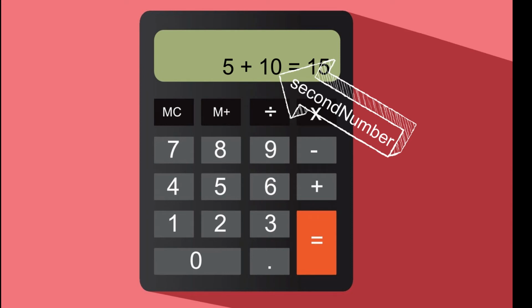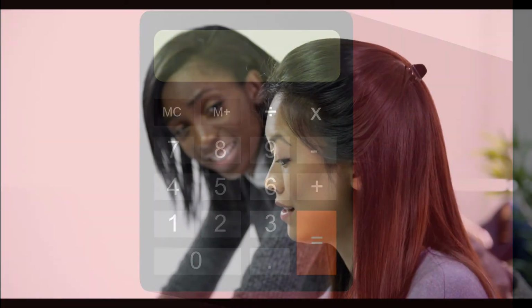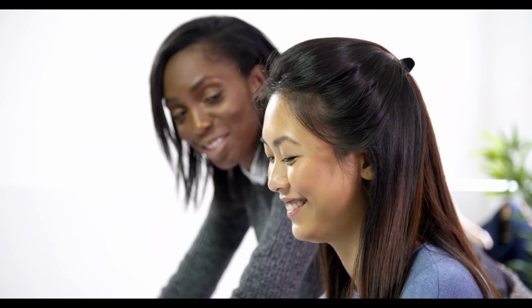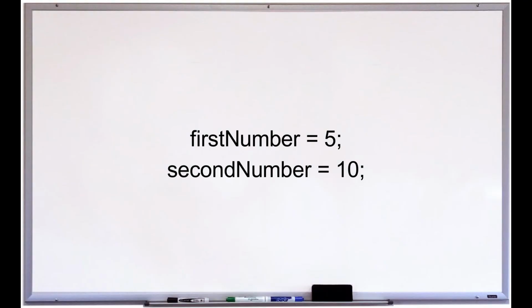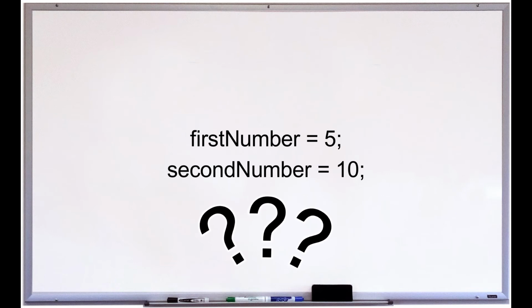Now, to display the result of addition, we need to use a line from our first program, system.out.println. Remember, we discussed in the first program that this line is the most frequently used one. We use it to display anything on screen. But wait, how will Java understand this first number? We just called it by a name ourselves. How can we tell Java what this is?